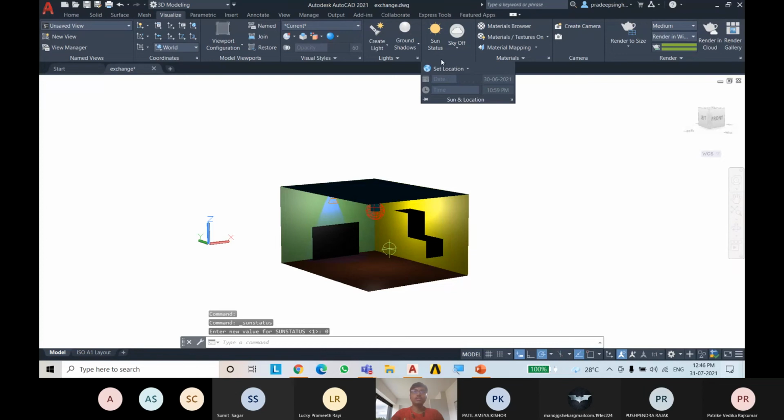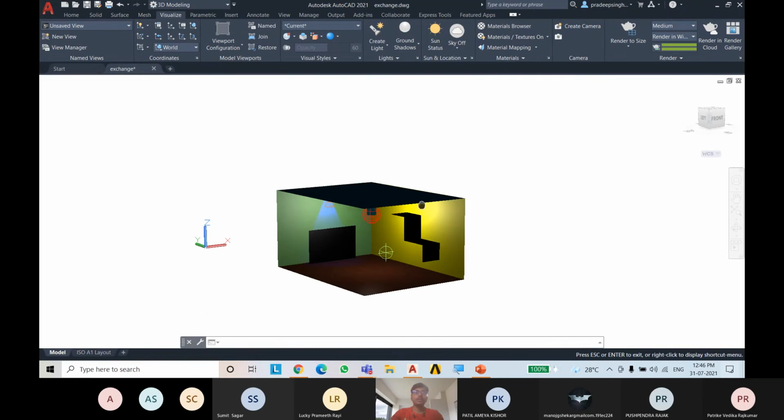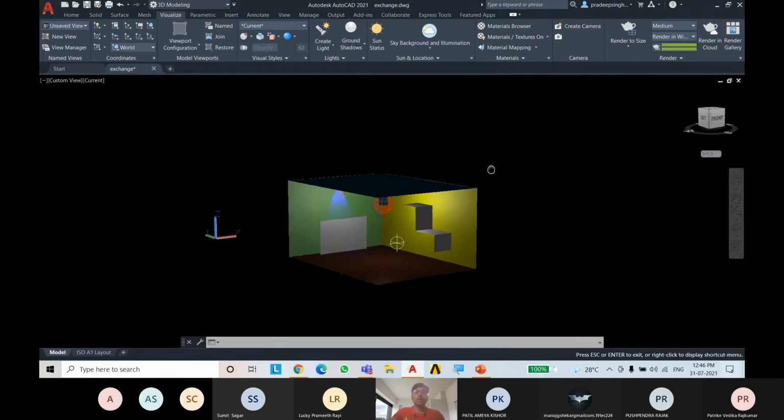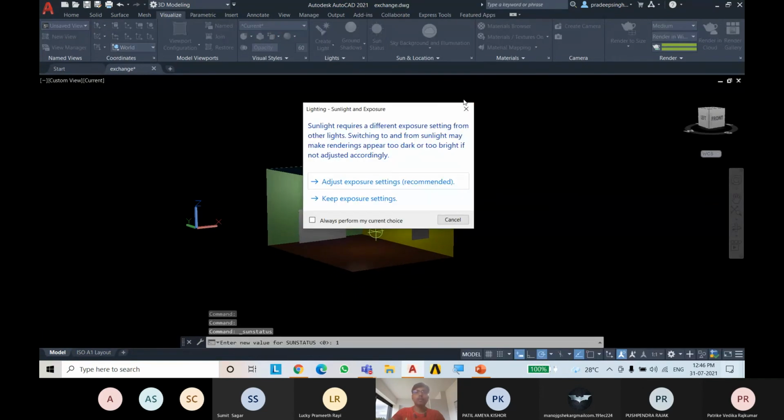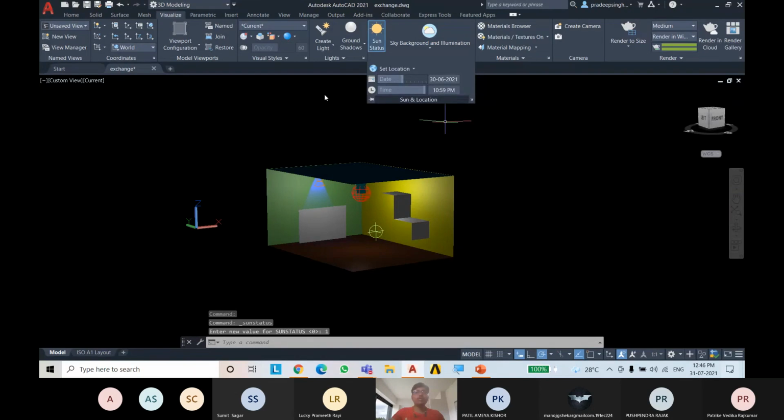So if we click on this sun and light option, you can see that there are two options, date and time. You can change the timing of the shadow and lighting effect according to the date we choose, like time, it is showing 11 p.m., so it's night. So click on sun location. So first of all, we need to use the sun and location. So you can see that due to this timing, this background is dark.